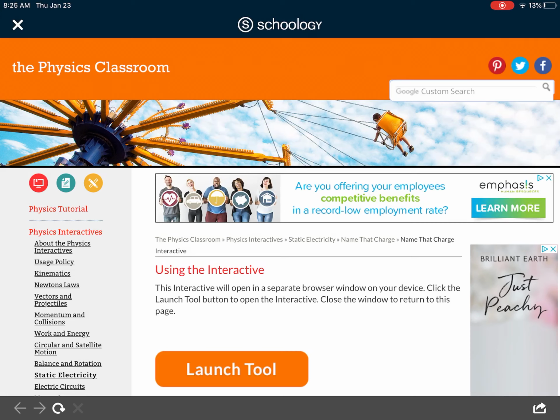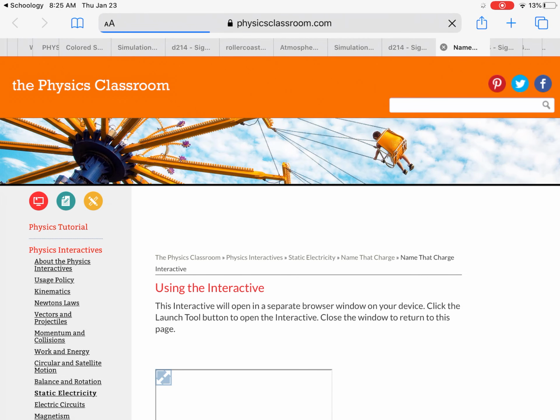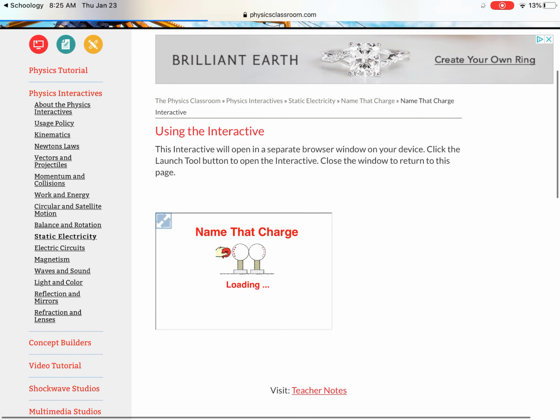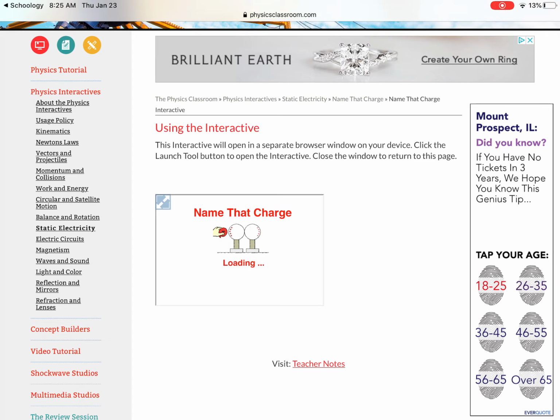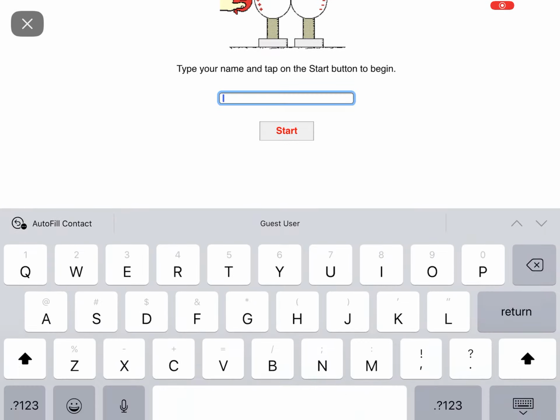You're going to go ahead and open up the link for Physics Classroom. Make sure you use the bottom arrow here and open it in Safari. I think it just works better when you do that. This is called Name That Charge. So I'm going to go ahead and open it full screen, put in my name,